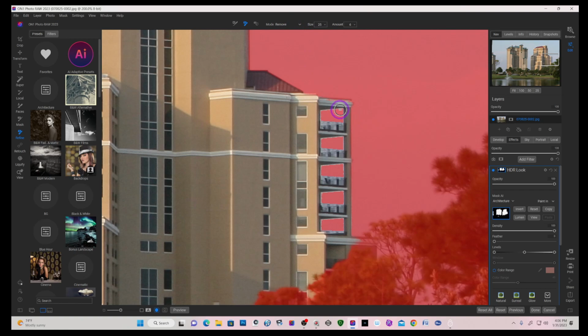So if I come here and I just run it along the edge, it is removing pixels, and I believe it's removing 6 pixels at a time, coming up and over, and you can come back again and continue to remove pixels on that edge of the mask. Now